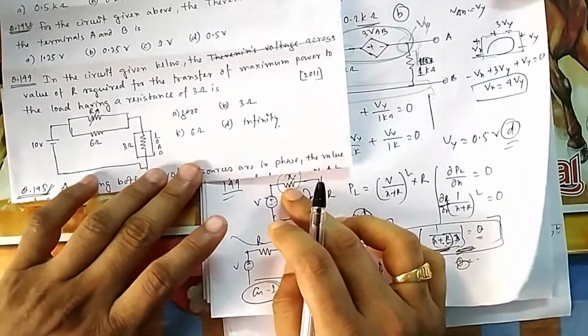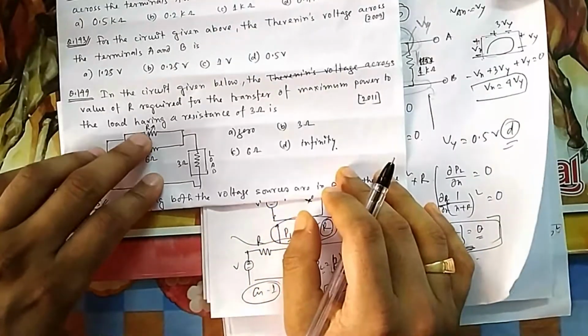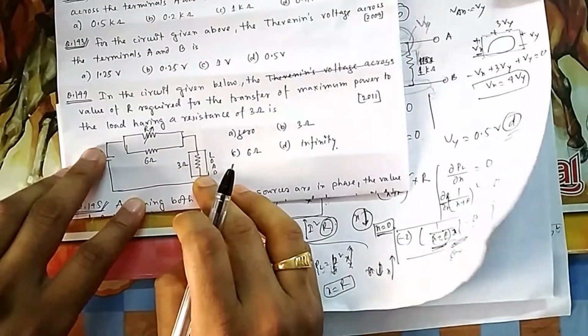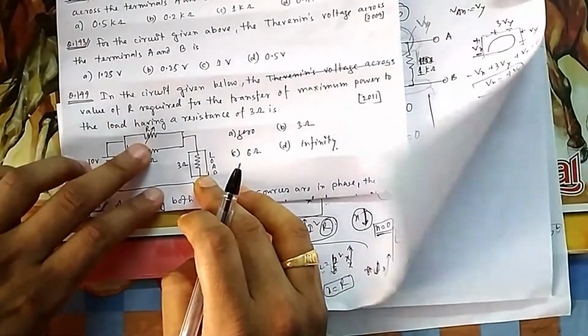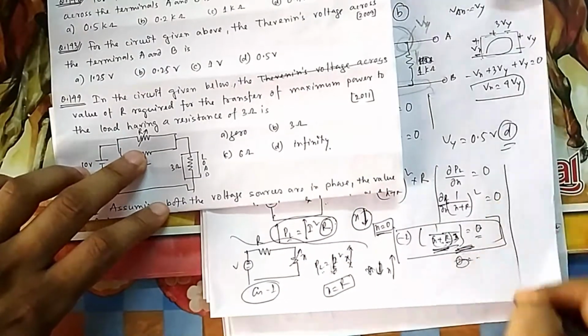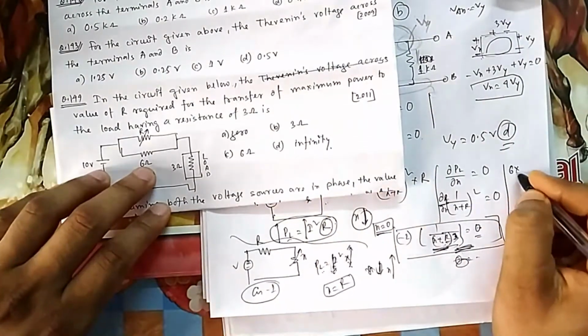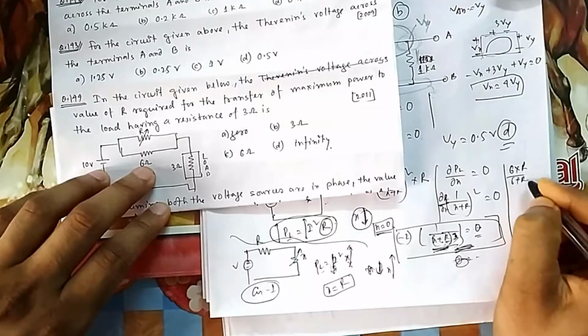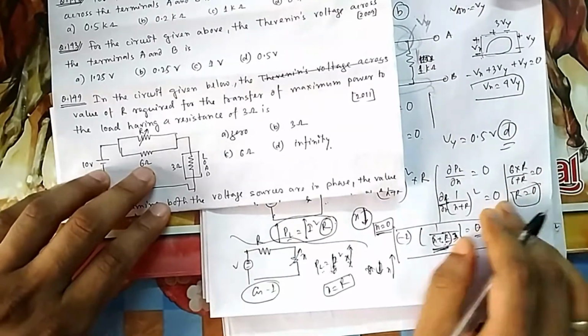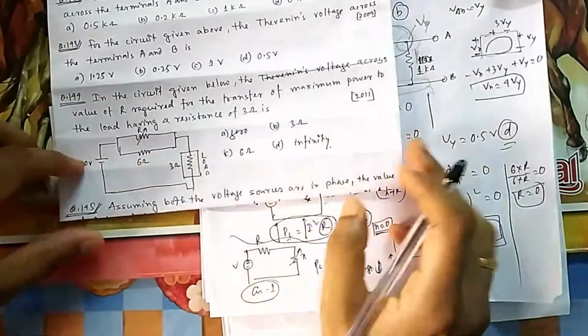So that means your internal resistance should be minimum. If your R is 0, then all the current will come through this side. If your R is 0, then if you do the parallel combination, it will be 0. Because I got that the internal resistance should be 0, this should be equal to 0. The parallel combination should be equal to 0, which means R should be equal to 0. If it is 0, then this parallel combination is also 0. So that's why R is equal to 0.